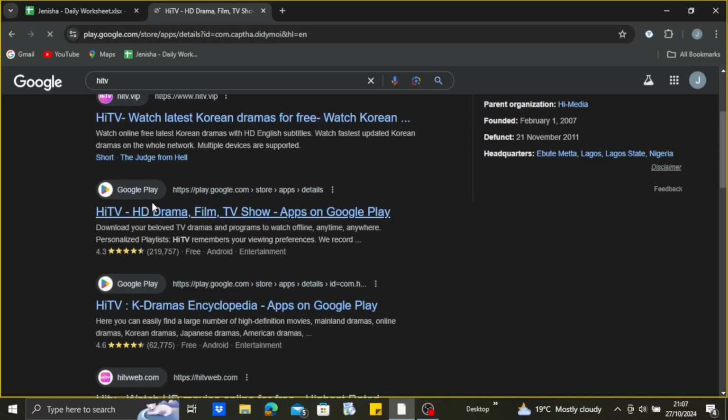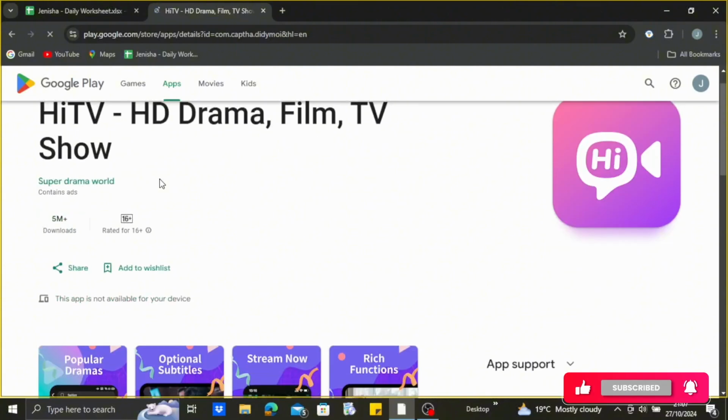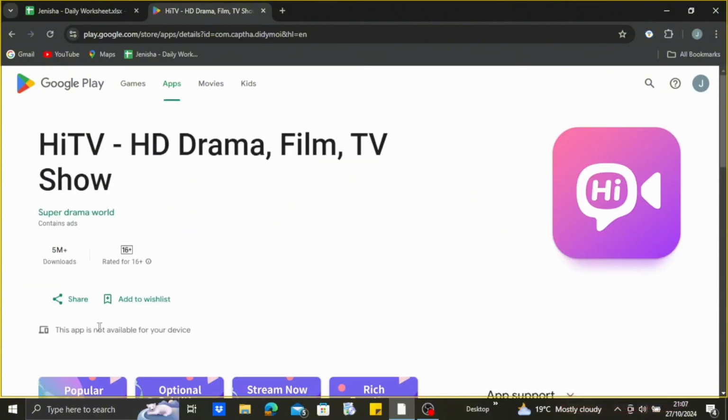It is one of the most convenient ways you can download applications. So here it says this application is not available for my device, but if it is available, you may simply see an install option here, just tap on install and wait for the installation to be completed. And after that, just set it up onto your laptop, and that's how you basically download the HiTV application onto your laptop